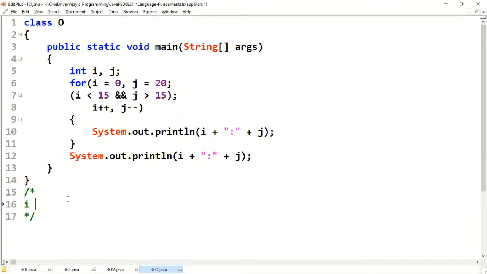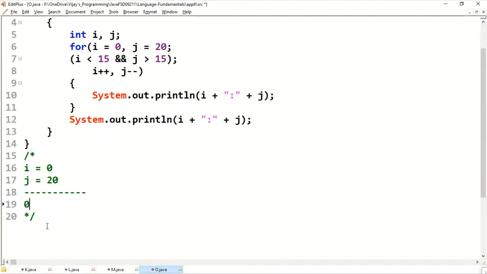Okay. Let's keep track of the i and j value. Initially, i value 0, j value 20. 0 less than 15, 20 greater than 15. Yes.